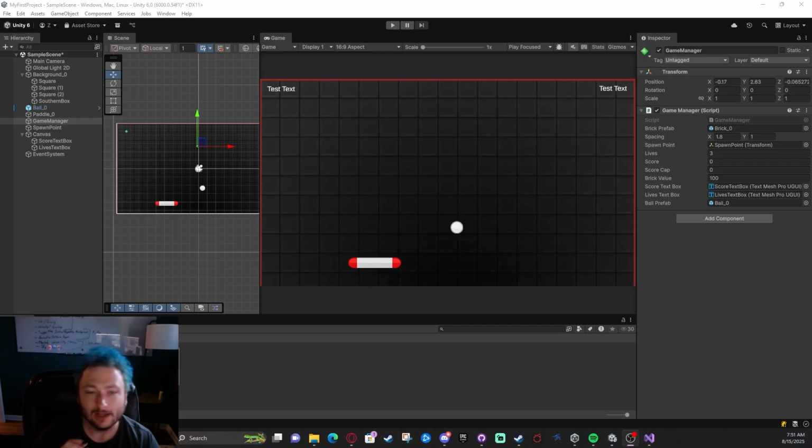Alrighty, so in order to make the ball follow the paddle and then be able to launch it, we need two things. We need to tell the ball to follow the paddle, and we need to tell it to launch when we press, I'm going to say spacebar, right? Because that makes sense. So if we look over at our input system actions,